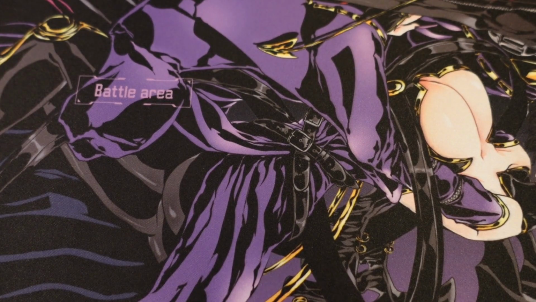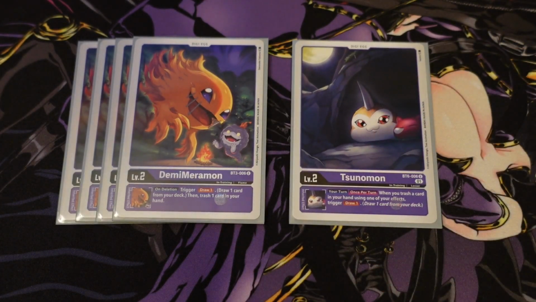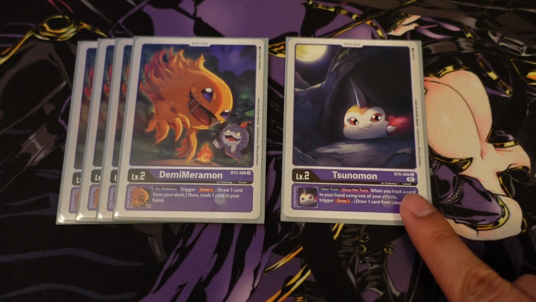So for the Digi-Eggs, I'm playing a lineup of 4 Demi-Meramon and 1 copy of Tsunomon. I still think Demi-Meramon is the best purple Digi-Egg in pretty much most situations. There's never a situation where drawing one, discarding one, cycling through your deck, and setting up your trash is a bad thing. So I definitely recommend playing 4 copies of this, and then 1 Tsunomon because I am playing Titamon